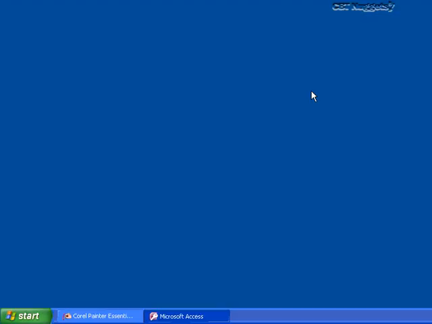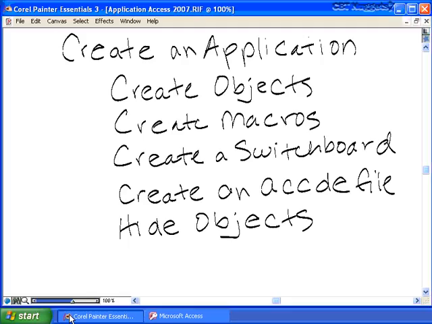Access 2007, putting an application together. We are going to start from scratch. It's going to be a quick review, but it's going to allow you to see that you can pop some tables, some forms, some reports in there, and create a switchboard, which will then be the master for your whole